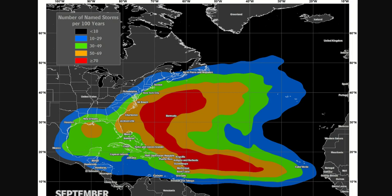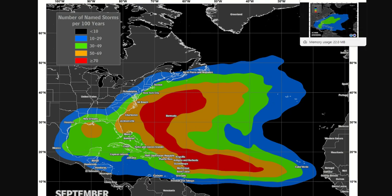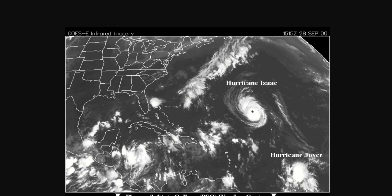Now, as we go from September, this is September where we normally expect tropical storm development. We're there. This is where we'd expect it, where Lee went, where Nigel's going, mainly in this area of the Atlantic. Now, as we shift to October, watch what happens. Boom. It shifts here closer to the coast of the United States and the Caribbean. So we're going to watch this area here for tropical cyclone development. I've seen many, many storms in October come out of the Caribbean Sea, but we're not done off Africa yet,